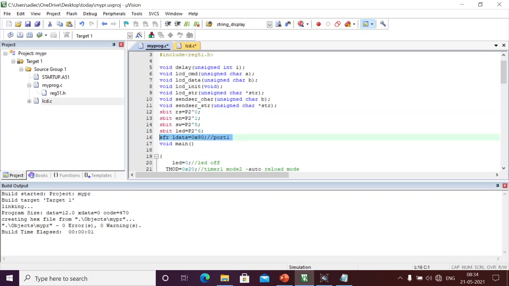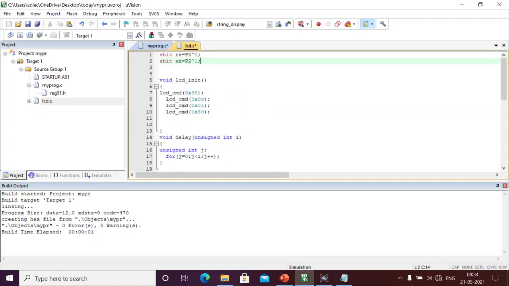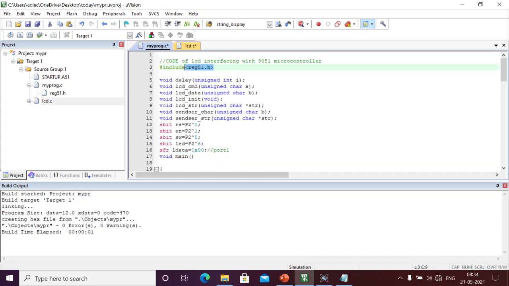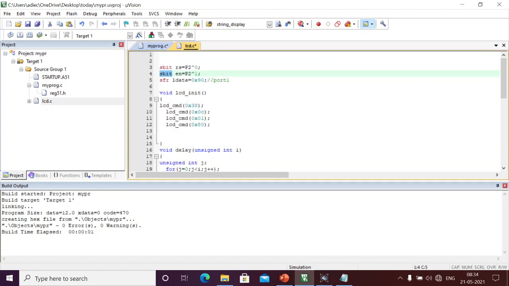That's why I'm moving these LCD related things to this file. Here I have defined them, and we need this #include register 51.h. If I want to define an sbit or an SFR, we need register 51.h also in our lcd.c. That's why I'm including it here.